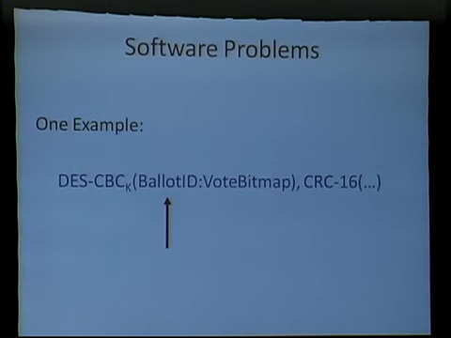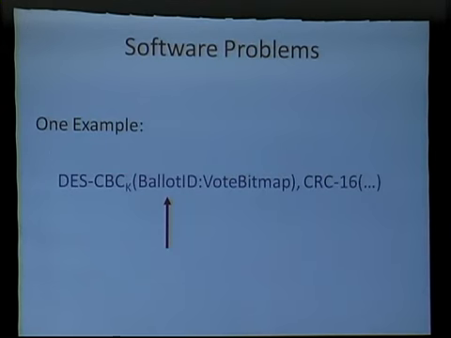But the ballot ID that Diebold uses is almost as bad. It's the output of this linear congruential generator that happens to have the property that the next number that it outputs is a deterministic function of the last number that it outputted. So given one ballot ID, you can find the next ballot ID and the next one and so forth. And therefore, you can find out with all of them the complete order. It's a little worse than that because they happen to store the ballots on the disk in the order in which they were cast, just with randomized IDs.